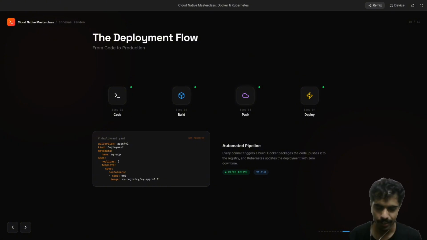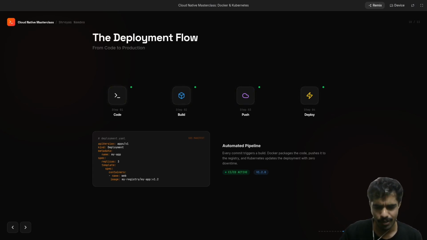Now doing this manually every time is very difficult, right? So what we do is use CI/CD pipelines, which are continuous integration and continuous deployment pipelines. Whenever you build a new version, you don't need to manually do all these steps. The CI/CD pipeline will do all these steps. So what is a CI/CD pipeline? Just a basic text file in which you define these steps and you run that file every time a new version releases, so that it checks, deploys, and does everything on that version of the software.